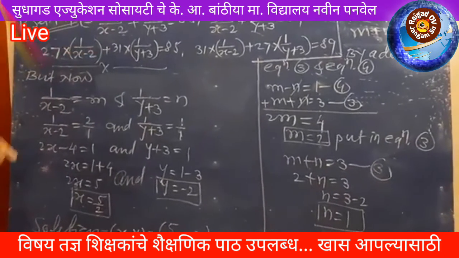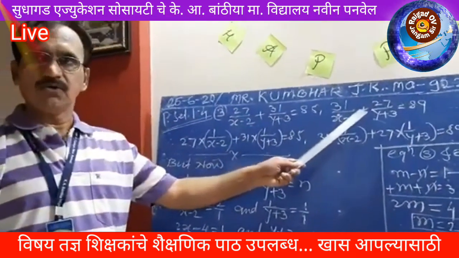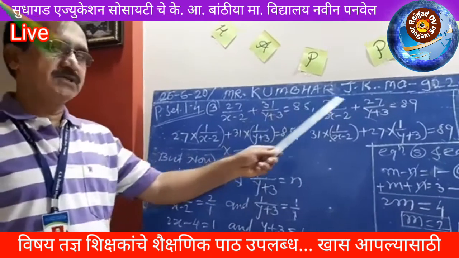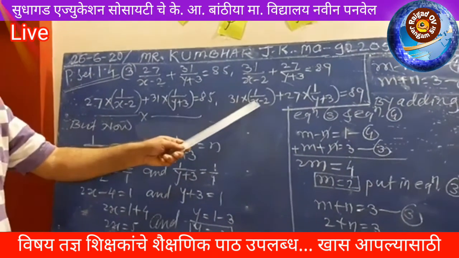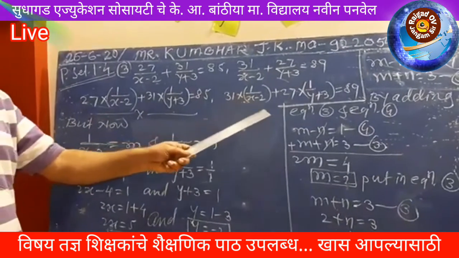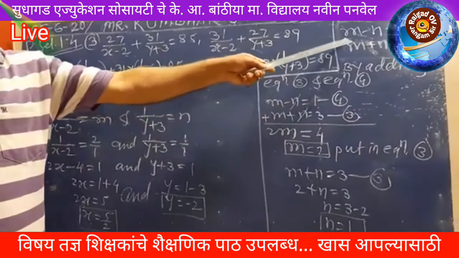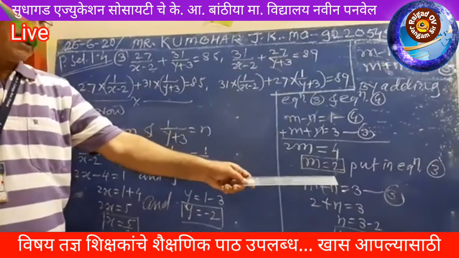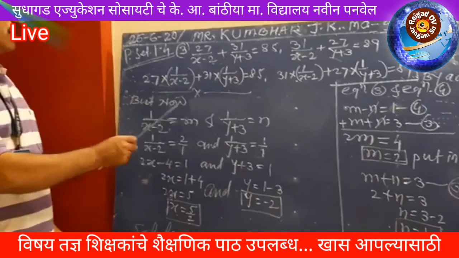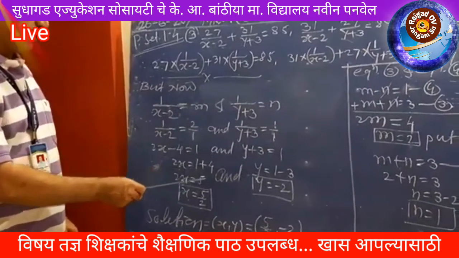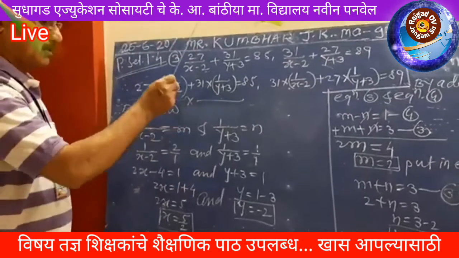Now see here, first convert this equation. These are two equations. We know the reducible system. First convert these two equations into linear equations in two variables by substituting this one. After substitution, your equations are in m and n. Then solve these two equations by the usual method. Then your answers are in terms of m and n. And then by resubstituting, your answers will be in the form of x and y. And this final answer is required for this example.